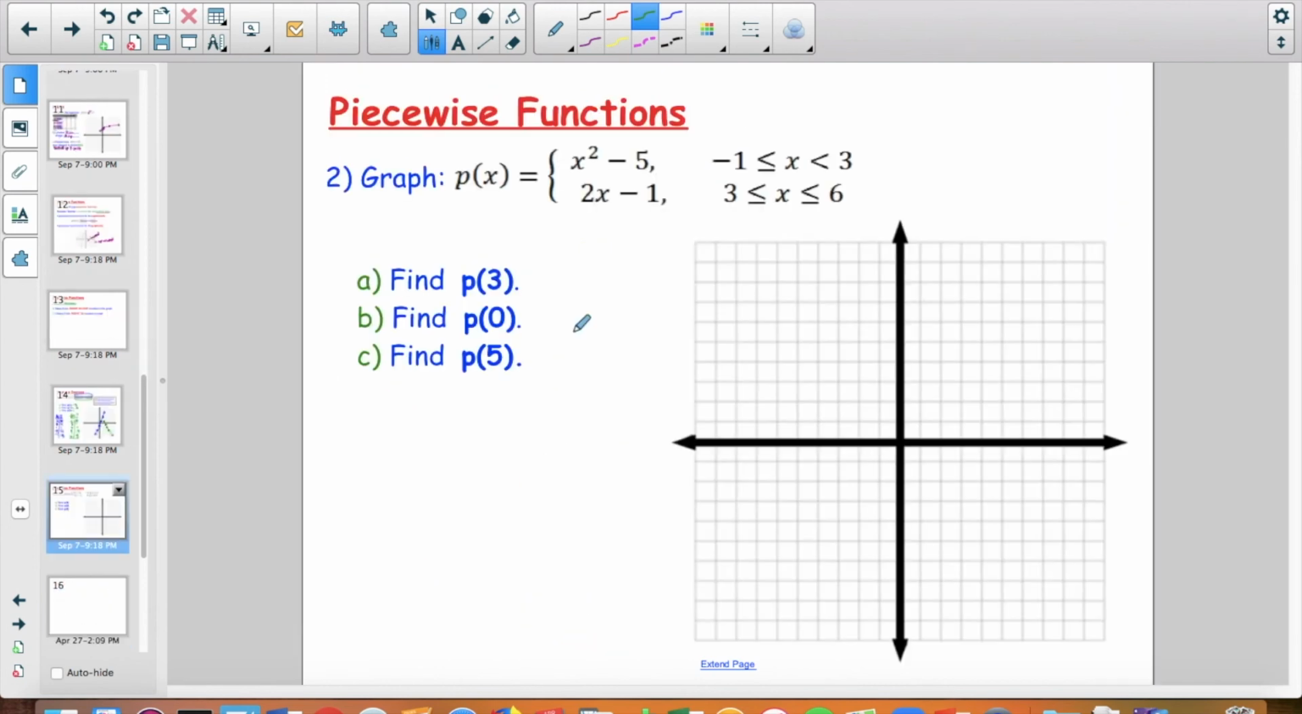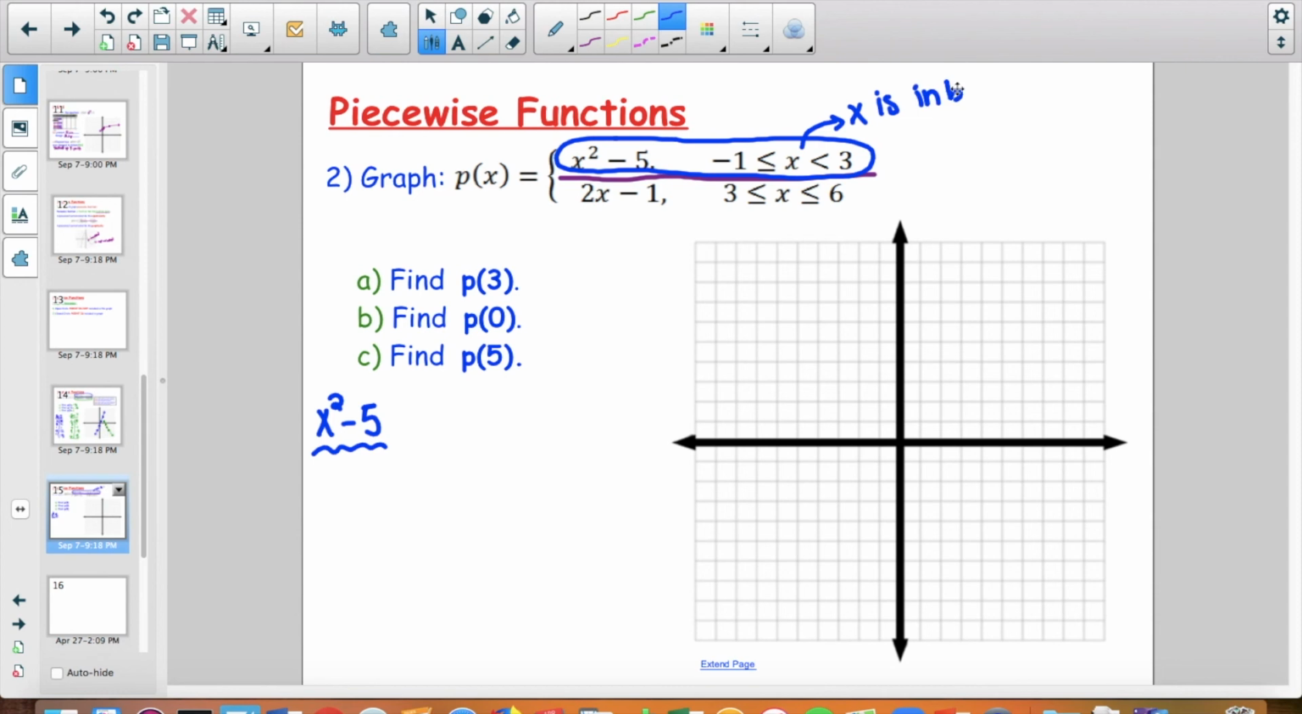Moving on to our last example of a piecewise function. So here, again, I like splitting it in half so I can treat it as two different graphs. So I'm first going to graph what is on top. Now we have x squared minus 5. Now this is true when negative 1 is less than or equal to x, which is less than 3. What this is saying is that x is in between negative 1